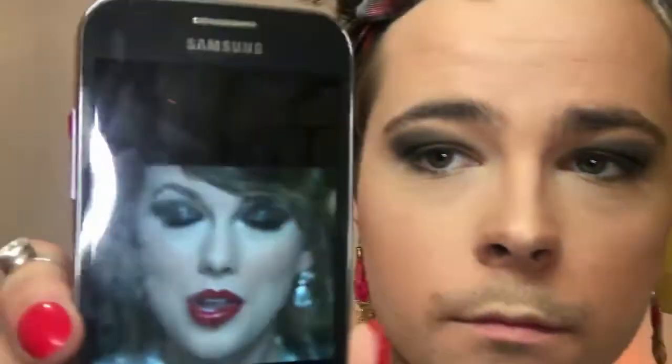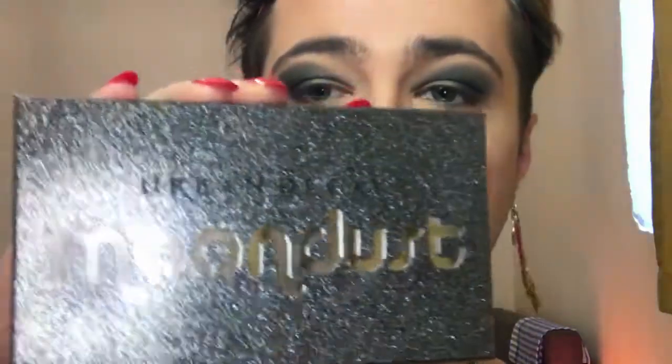Okay, so now I'm actually gonna grab a smaller brush, this one, and I'm gonna go into the black here. And that's just gonna be a tiny wiggle. I would also turn this brush once or twice for each eye, just to make sure that I'm hitting all of these points of the eye and the other eye. Yeah, not bad. I have to keep bringing up the reference picture here. I think this is actually pretty close. This is probably lower than hers, but I think I'm just gonna go with it because it's working right now. So then, for the lid, which she's got sparkly, I'm gonna use the Urban Decay Moondust palette,